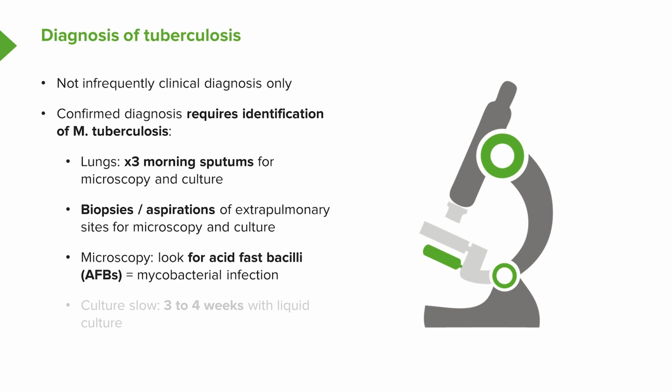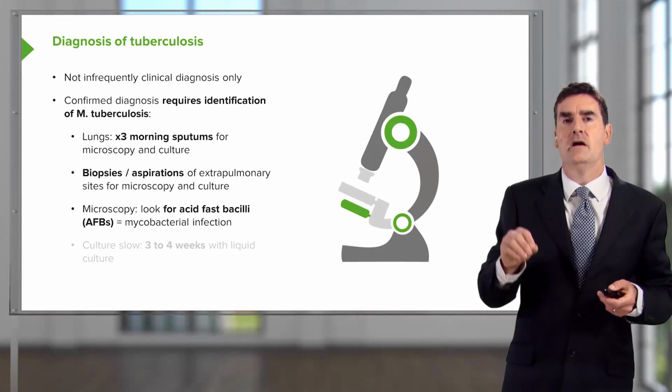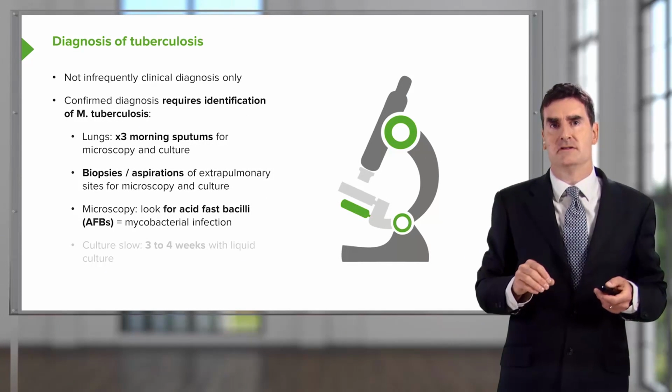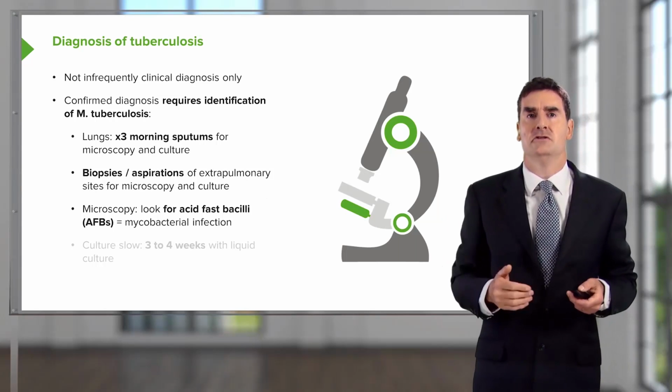So, microscopy, what we're looking for is acid-fast bacilli. There's a special stain used for Mycobacteria, and if they're present, they will be positive for that stain and show up on microscopy. And that shows that there's a Mycobacteria present in that sample. And sort of 95 times out of 100, that Mycobacteria will be tuberculosis, although occasionally it is one of the non-tuberculous Mycobacteria that I mentioned earlier in this talk.